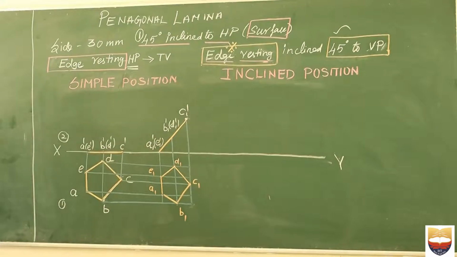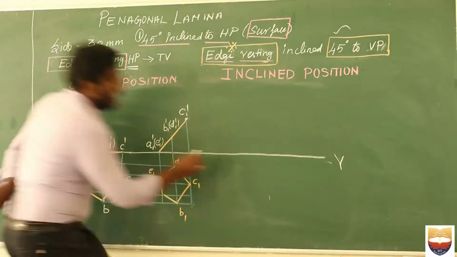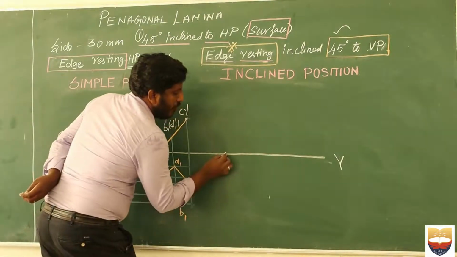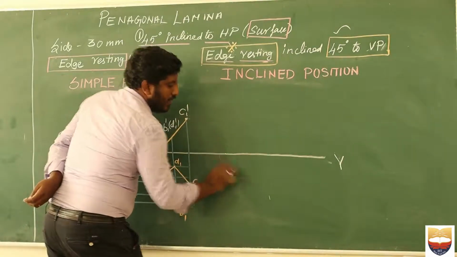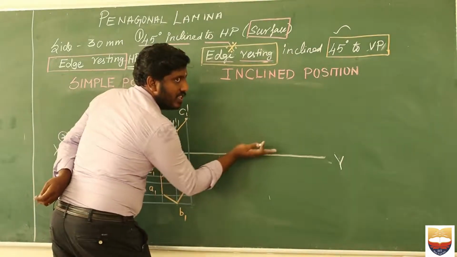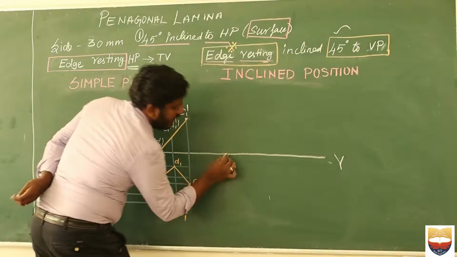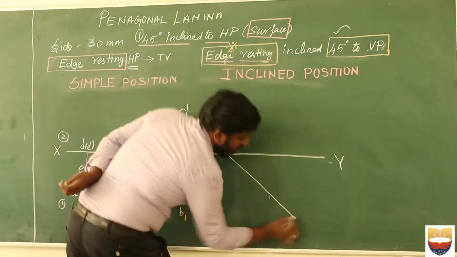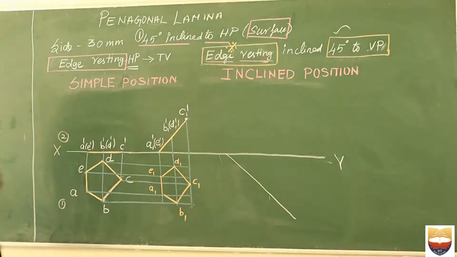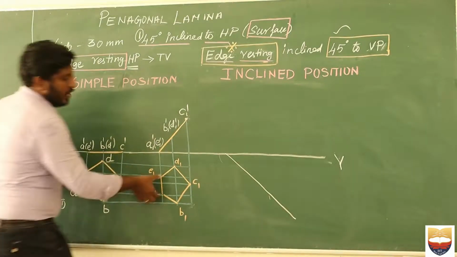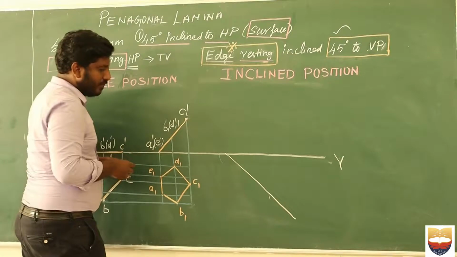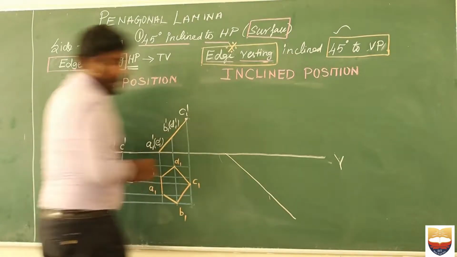45 degree. So what I am doing is taking any one point here, and from that point, taking my protractor like this, considering this as 0, I need to take it as 45 degree. So this is my 45 degree line. Just try to follow the same procedure we did in our previous problem. You try to have this A1 and E1.